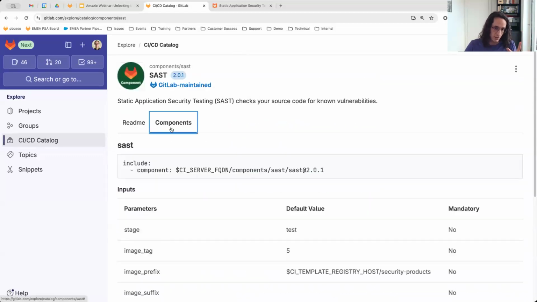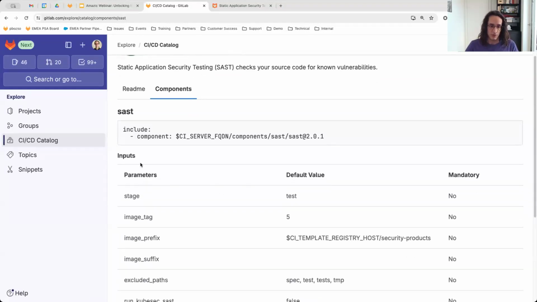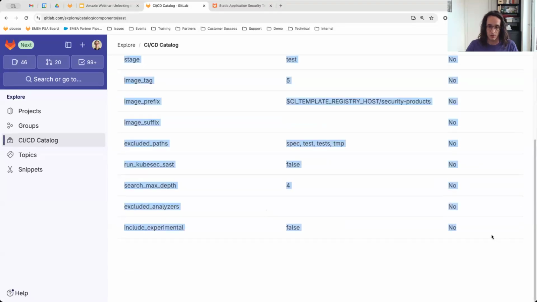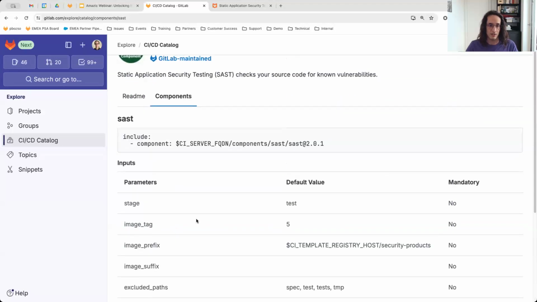But this page, the components page, is automatically generated based on the definition of your component. When you are defining your component, you give it a name and you also give it inputs. And this is what you have here. This is all auto-generated, no human defined this.